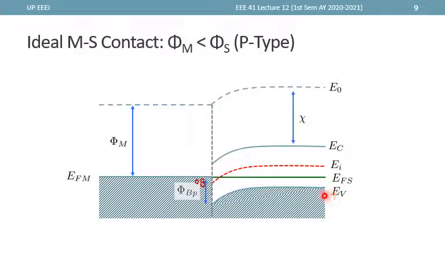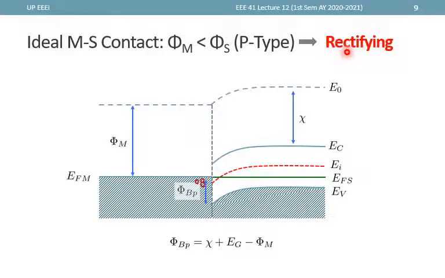Now from this side, it will still see some increasing barrier right here, and it cannot actually smoothly travel from this point to this point, and therefore we note that this kind of barrier or bending for holes is our rectifying